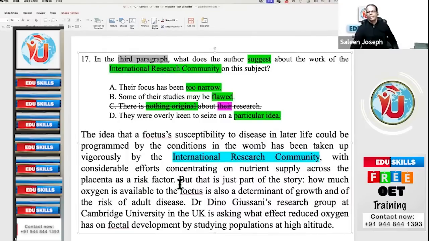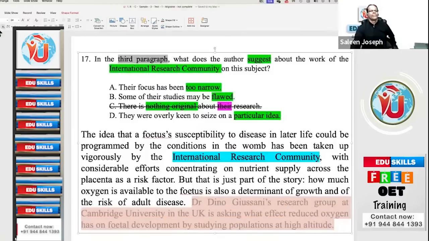But that is just part of the story. How much oxygen is available to the fetus is also a determinant of growth and of the risk of adult disease. Dr. Dino Ghesani's research group of, do we need Dr. Dino Ghesani and other Cambridge University? No, Father. No. We are not bothered about them. We are bothered about